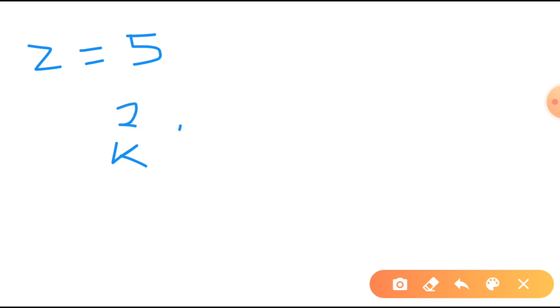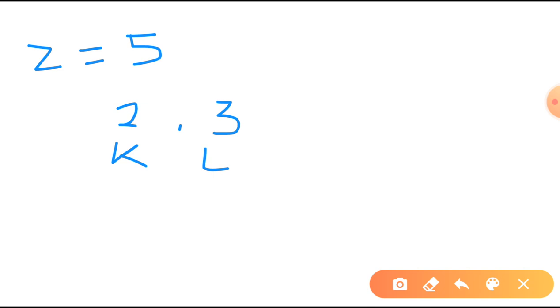Okay, still some electrons are remaining. Then we will go to the L shell. We know that the L shell can have a maximum of 8 electrons. Now you have just 3 electrons. These 3 electrons will be filled in the L shell. Now we do not have any electrons left, so we will not go further. This is called electronic configuration. So for an element whose atomic number is 5, the electronic configuration is going to be 2, 3. This must be clear to all of you.